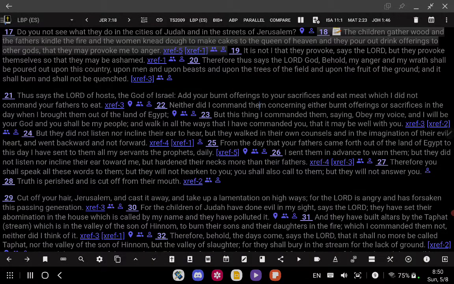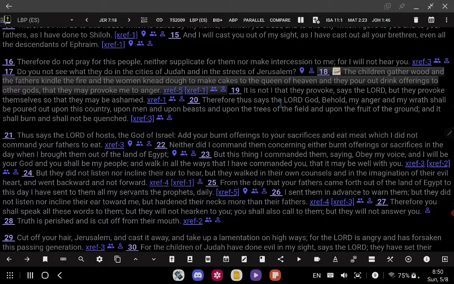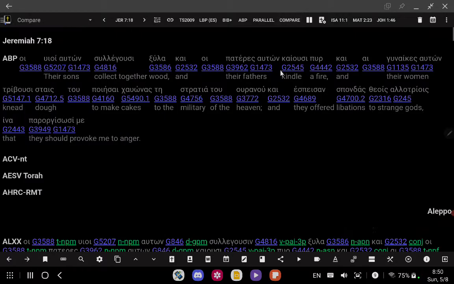So in Jeremiah, there's this thing called the Queen of Heaven. In Jeremiah 7, verse 18, the children gather wood, and the father kindles the fire, and the women knead dough to make cakes to the Queen of Heaven, and they pour out drink offerings to other gods, that they may provoke me to anger. So this is one that this particular translation and most translations get right,